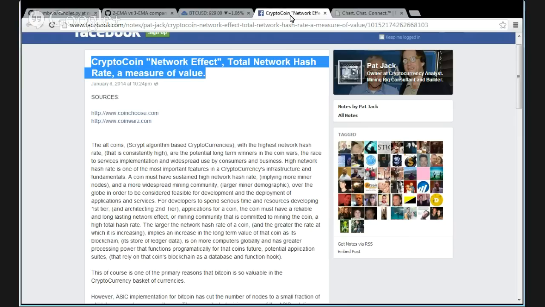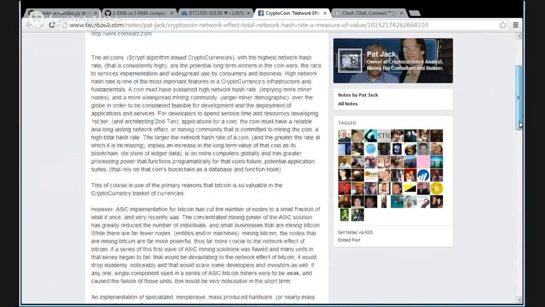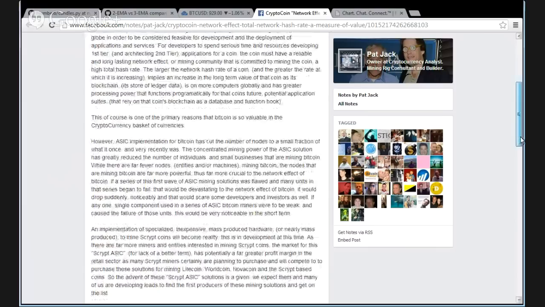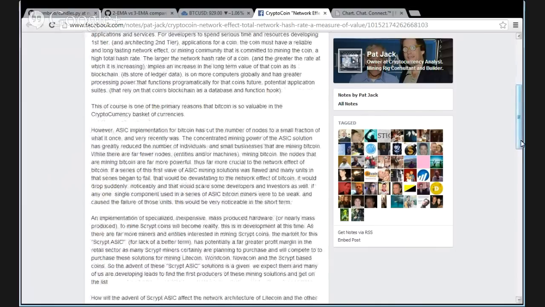The larger the network hash rate of a coin, and the greater the rate at which it is increasing, implies an increase in the long-term value of that coin, as its blockchain, its store of ledger data, is on more computers globally and has greater processing power that functions programmatically for that coin's future potential application suites that rely on that coin's blockchain as a database and function hook. This, of course, is one of the primary reasons that Bitcoin is so valuable in the cryptocurrency basket of currencies. However,